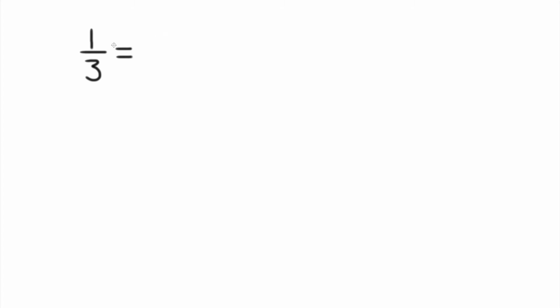So 1 over 3, that's how you read it, or 1/3. And this fraction line actually represents division. This fraction represents the quantity of 1 divided by 3, which if you enter it in a calculator, you will see equals 0.333 forever, and we usually write a line over a repeating part of a decimal,